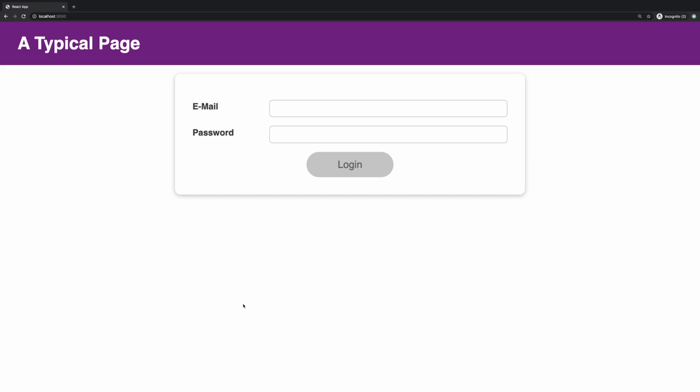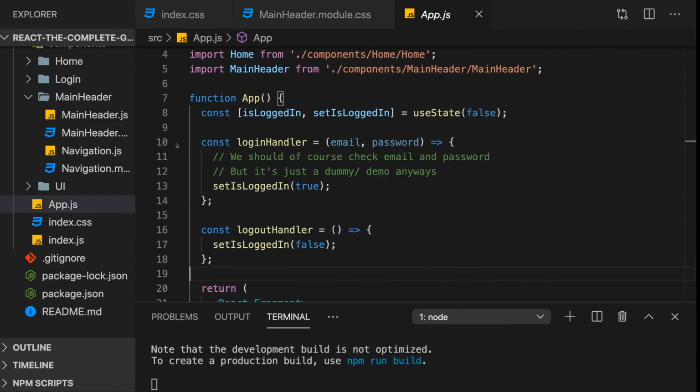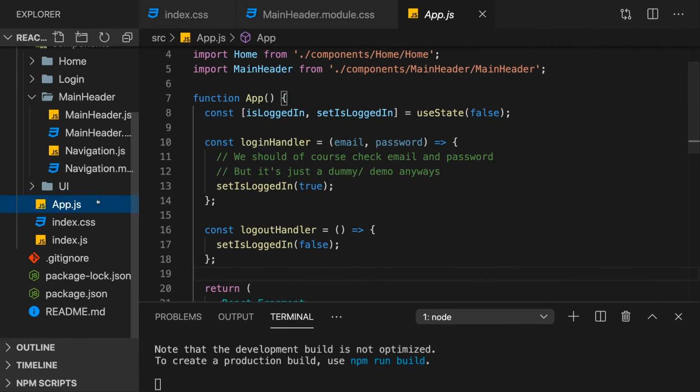Now, in reality, you would, of course, once you log in, send a request to the backend and get back some login data. For example, some token which identifies this user as authenticated. Again, more on that in the authentication module. But you want to make sure that this user is authenticated status is also still there once you reload the page. At the moment, we lose this because in the App.js file, where I manage this simple isLoggedIn state, it's